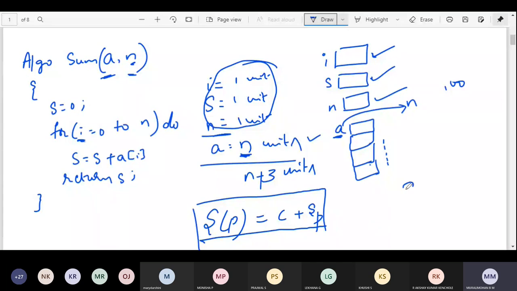Sometimes we can also use SP of I, that is variable space of an instance. Here, A is depending on an instance of n, the instance variable n. So here the total space